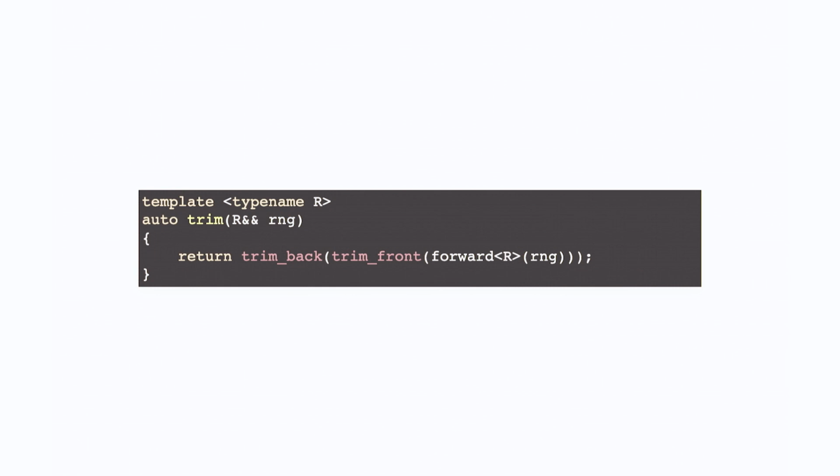All right, next level, let's dive deeper. Let's look at trim front. So again, what we want to do is take some range type in, and return something. Okay. But let's think about what we actually want to do here. What's our goal? Well, we want to take our string, our input range, and we want to look at the first character and say, are you white space? And if the answer is yes, we're going to ignore that and consider this character to be the beginning of